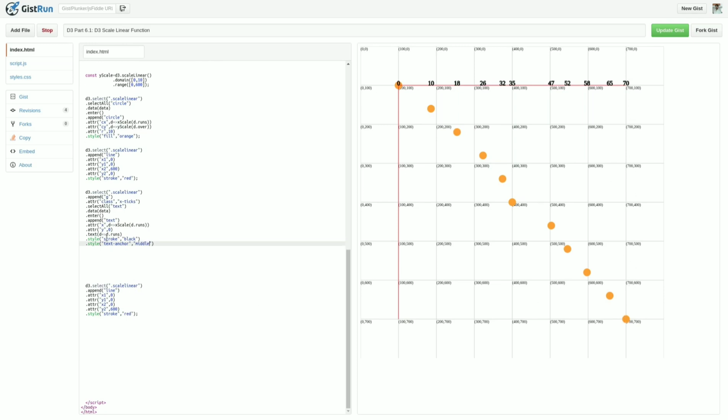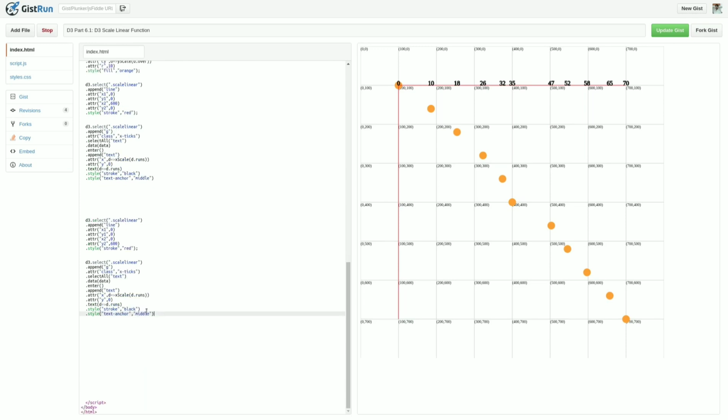Now same way I will append the y axis ticks. So I just copy paste here. I will use the y ticks. Same way we want to append the data.